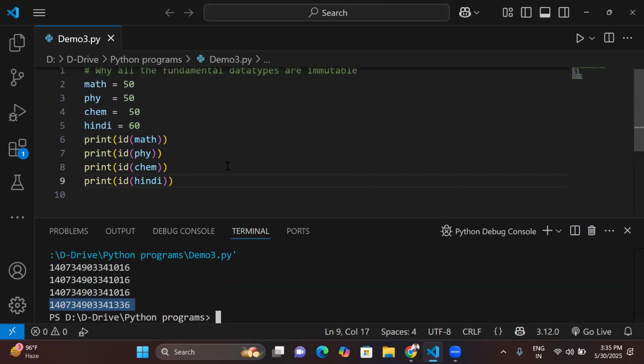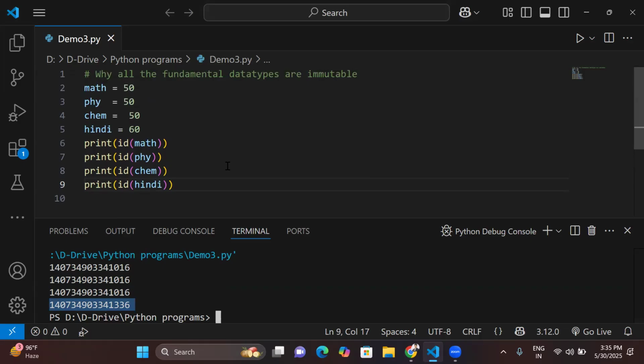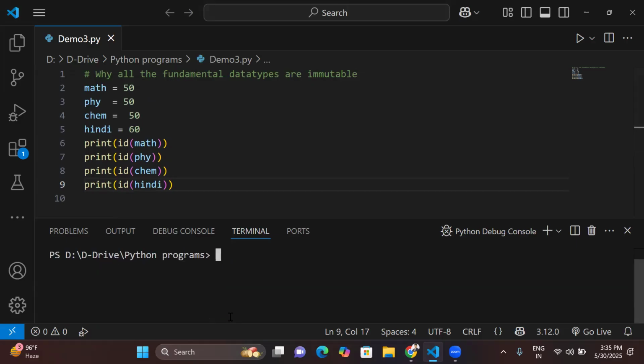I hope you have understood this question and answer, like why all the fundamental data types are immutable, and that this is helpful and understandable for all of you. Thank you very much. We'll see you in the next